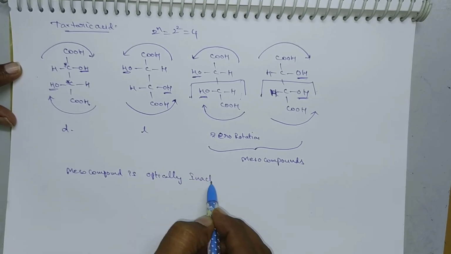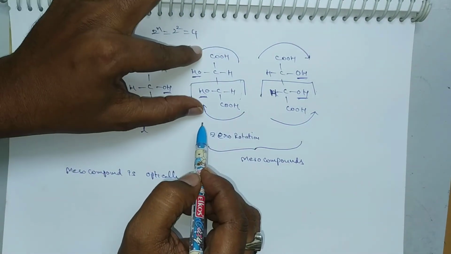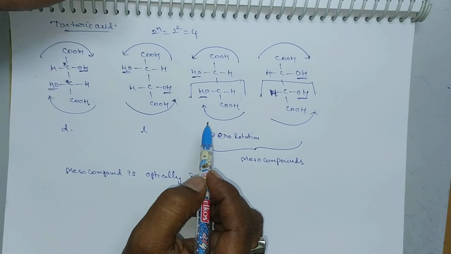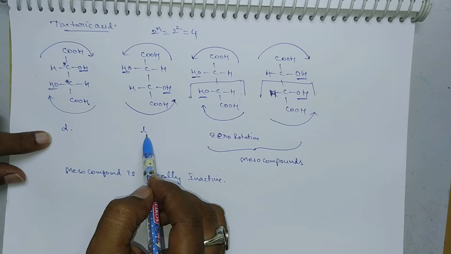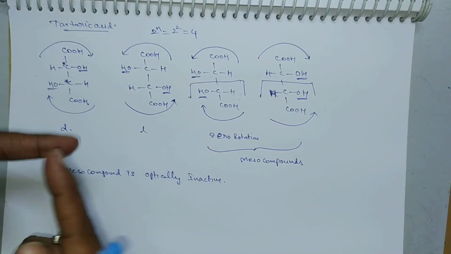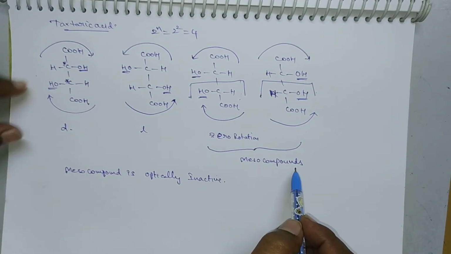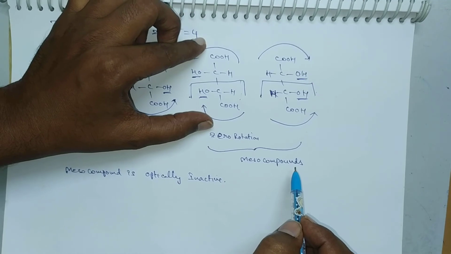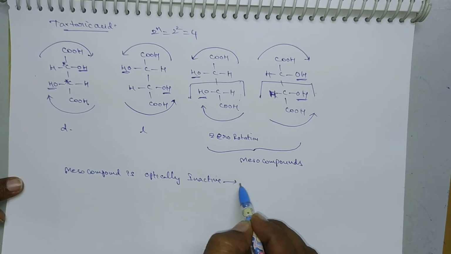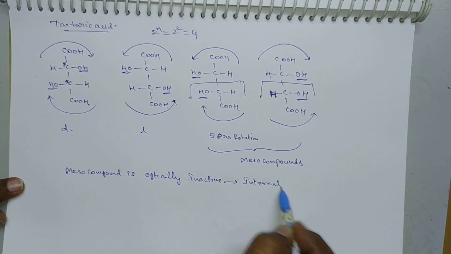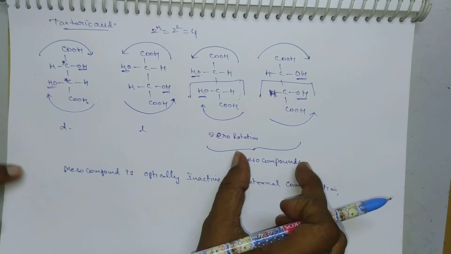Why is it optically inactive? There is a compensation that arises internally in the same molecule. In case of racemic mixture, the compensation arises due to 2 molecules, that is D molecule and L molecule. So dextro molecule and levo molecule both compensate with each other and the net rotation will be equal to 0. But in case of meso compounds, the compensation is only within the same molecule. So that means it is the internal compensation. So the meso compound is optically inactive due to internal compensation. Okay, clear? So this is called meso compound.